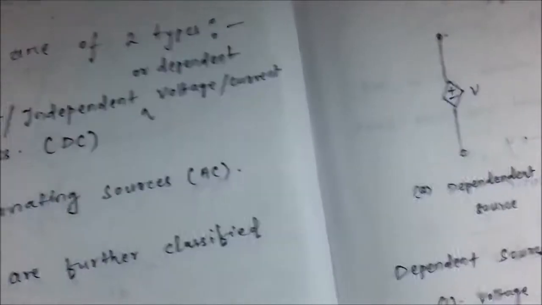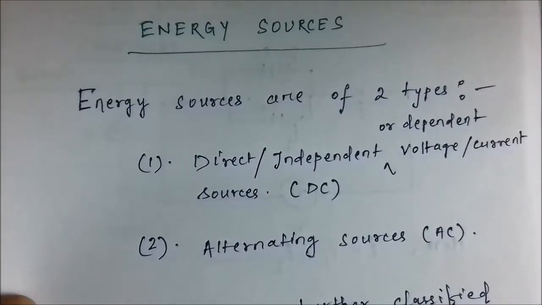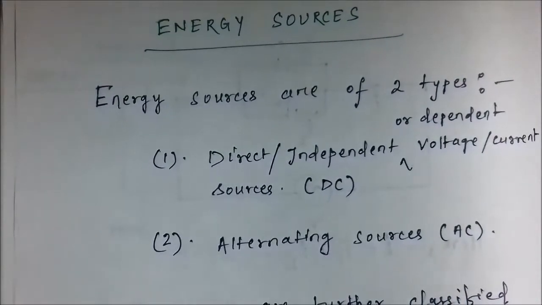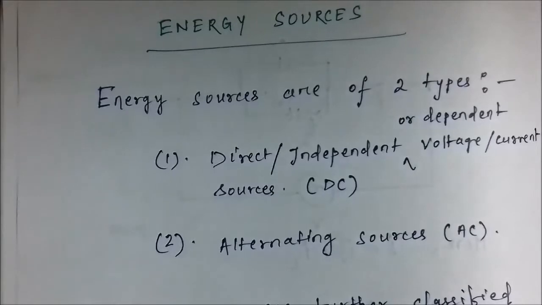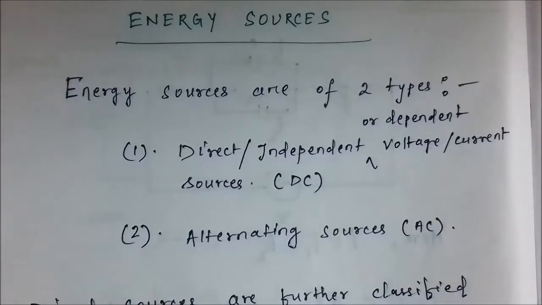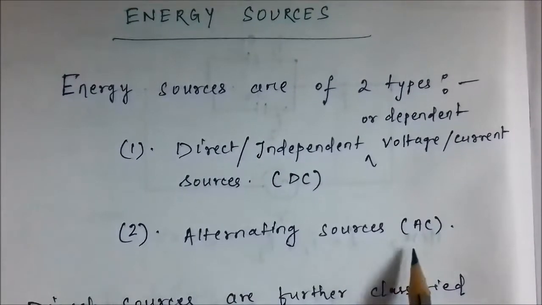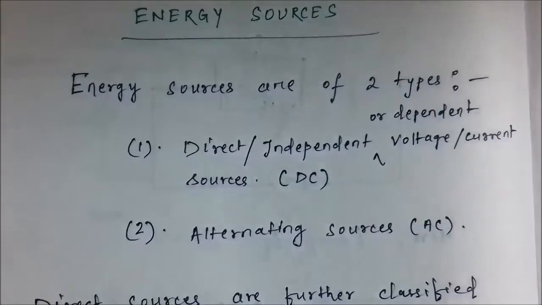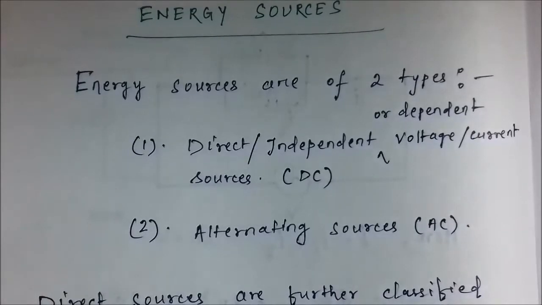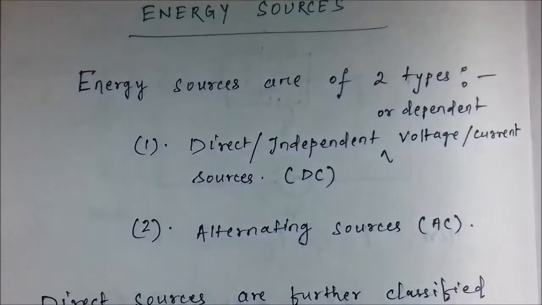Next, we are going to discuss energy sources. Now the energy sources which are connected in electrical circuit networks can be classified into two categories: direct sources and alternating sources. Now the direct sources are those whose magnitude or value doesn't change with time, whereas the alternating sources,